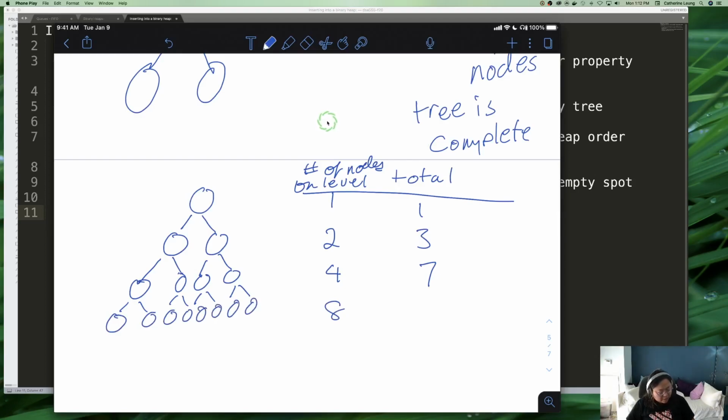And there would be 7 plus 8, which is 15, right? So this is the total number. This is our n, okay? Now, interestingly, what is this number? Well, it's a little bit hard to see, but if you take a look,